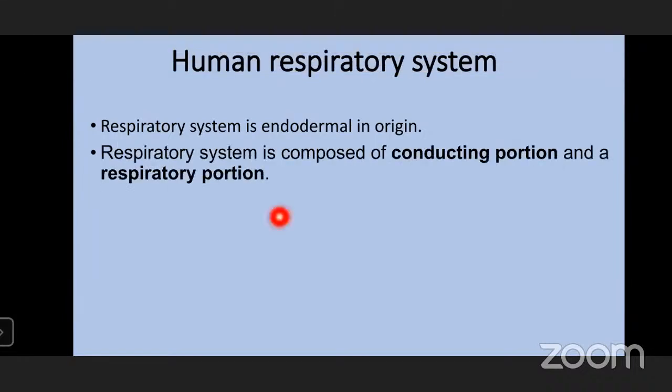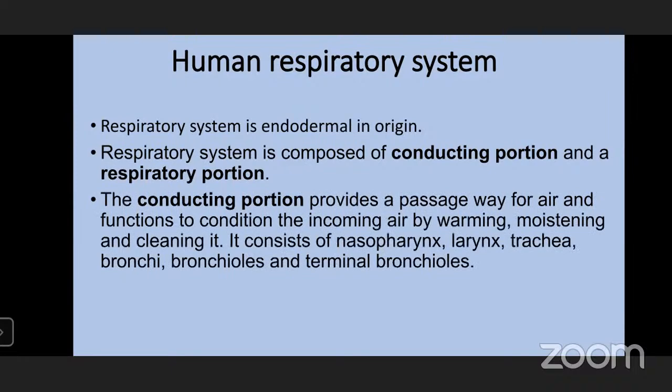The next thing is the respiratory system is composed of a conducting portion and a respiratory portion. So there are two portions in the respiratory system. One portion is known as the conducting portion and the other is known as the respiratory portion. We will discuss here what they are. The conducting portion provides a passageway for air and functions to condition the incoming air. It provides a way for the air to come in, and conditioning the air means